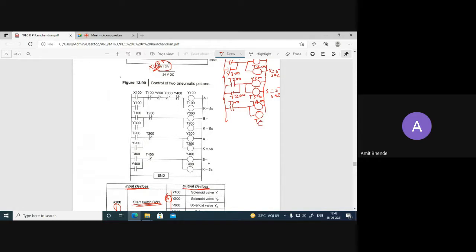So this is T400, and this is also latched by using Y400. So this is the last sequence of operations required in one cycle, and in the end it is end.